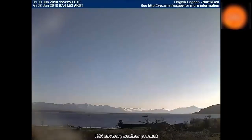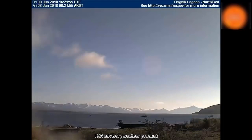The northeast-facing weather cam in Chignik Lagoon, Alaska, captured a red planet traveling through the sky. A close-up shows the interesting crater formations on its surface. It's easy to see a cluster of craters moving as the planet rotates. I hate to state the obvious, but once again, junior high science tells us this cannot be a lens flare because it has obvious craters, is rotating much faster than both the Earth and the Sun, and is traveling independently